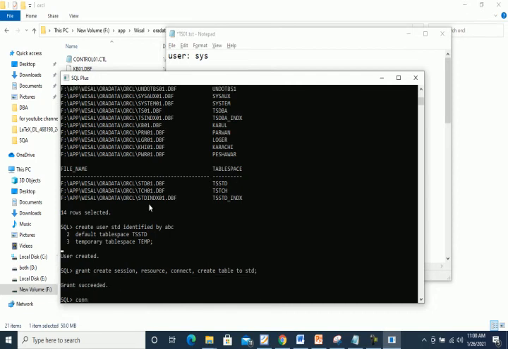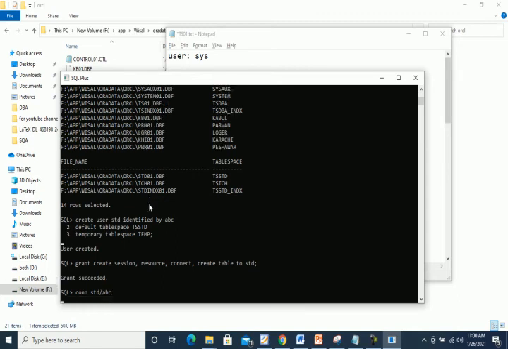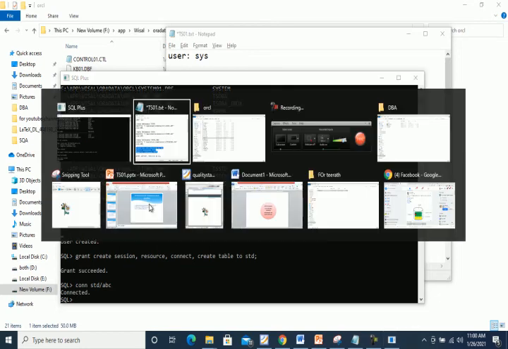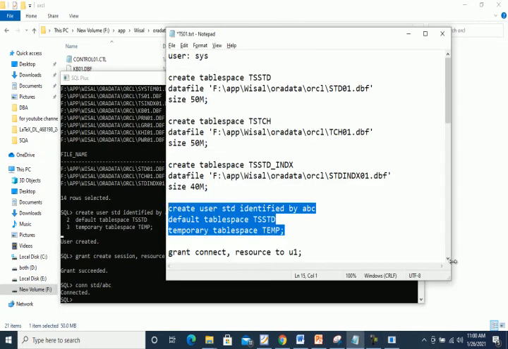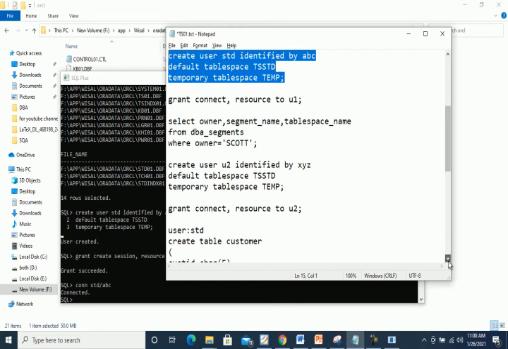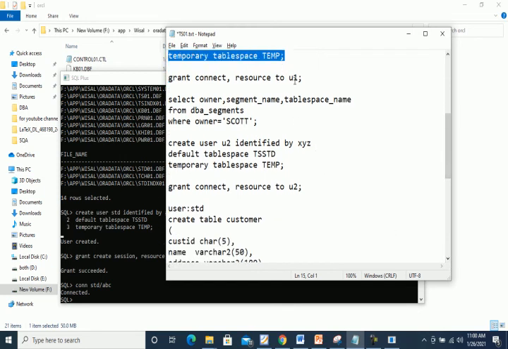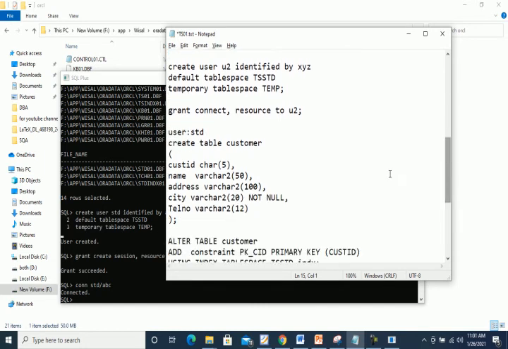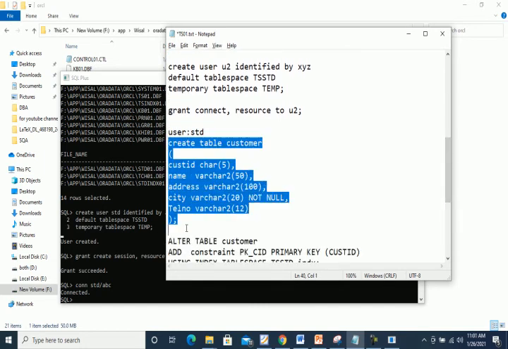Now connect with the std user, std, and the password is abc. Connected. Now create the table. In our case our username is std, and here I use the std username. So here create this table.